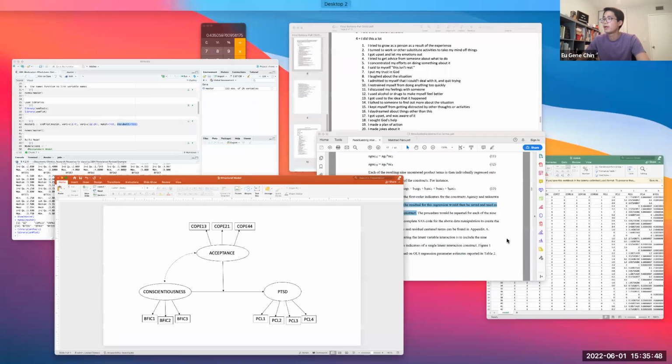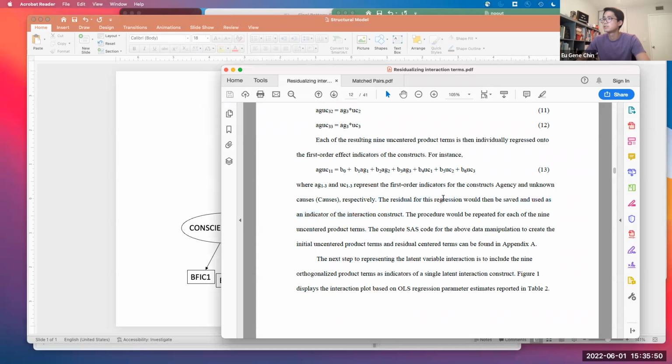And from that regression, we are going to save the residual, because that is the leftover variability that is not captured by your relationship. I'm going to use that as the indicator for your interaction construct,